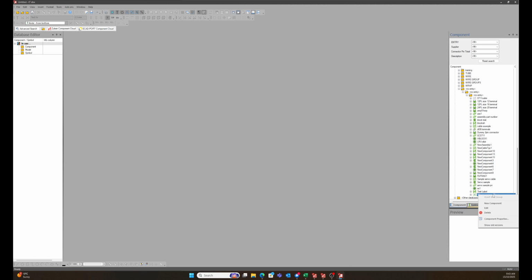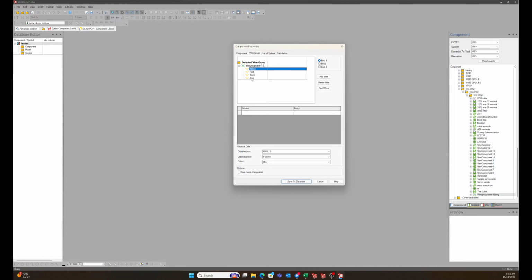So if I go here now and edit once again, you'll notice when I select my colors, the black shows up as BLK. But if I wanted to add a new wire, I could go here and say new color,